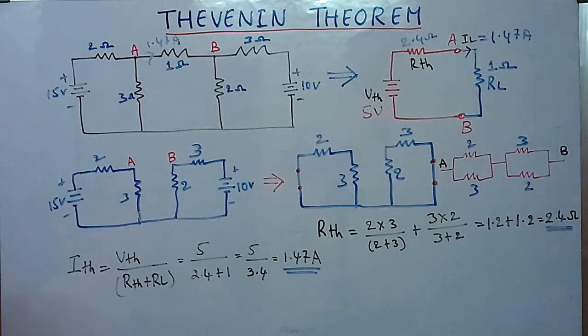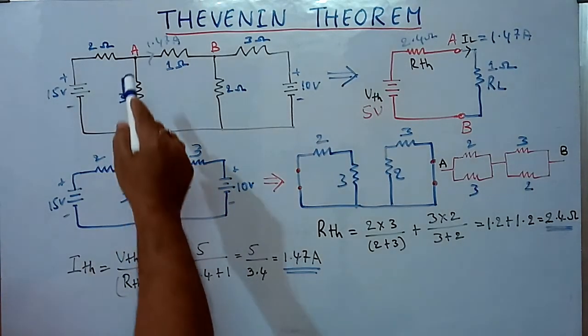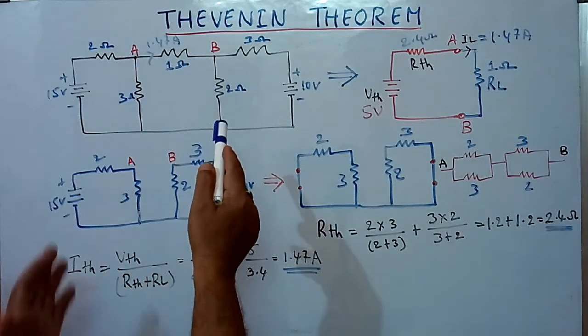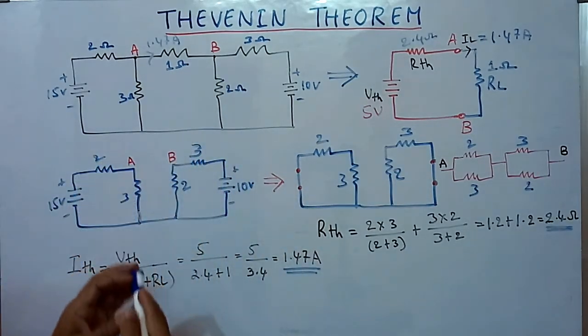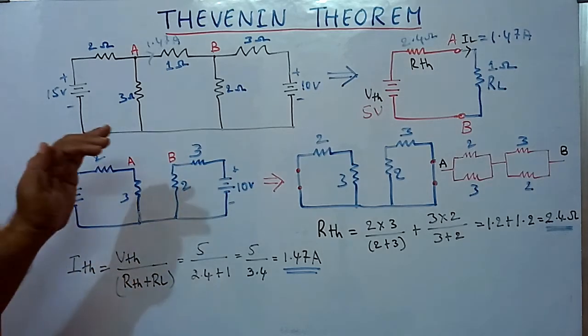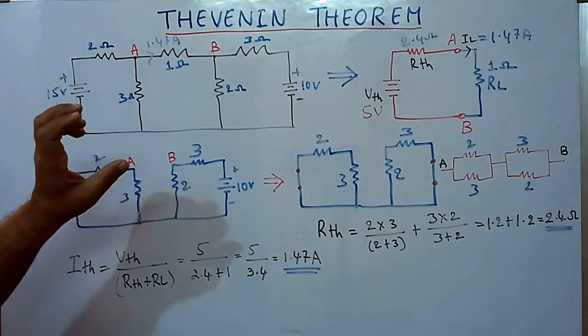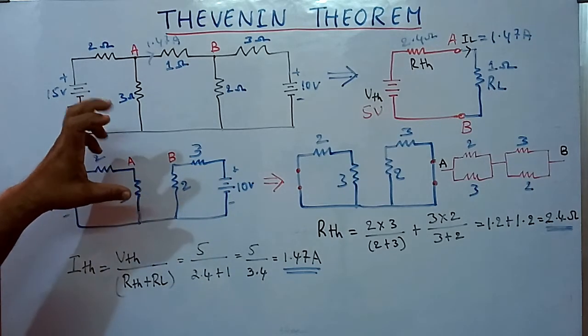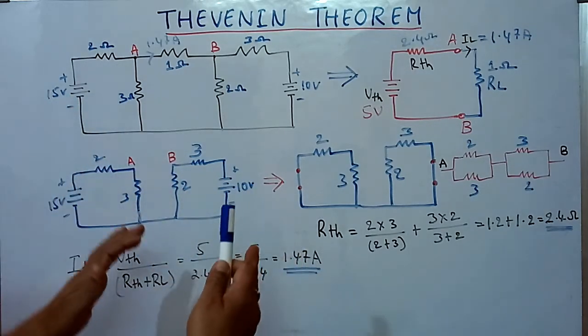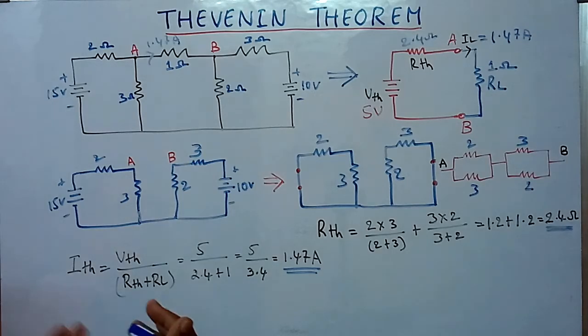This is how Thevenin's network is used to find the current in any given resistance. Not only here, any part of the network, if you want to know the current flowing or the voltage across that terminal or that resistance, need to be taken as the load resistance and apply the Thevenin's concept to find out current and voltage across it.